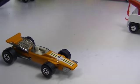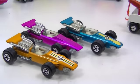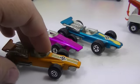Next up, we've got these three little beauties, which I got at three different places, all within about two weeks of each other. This is the...